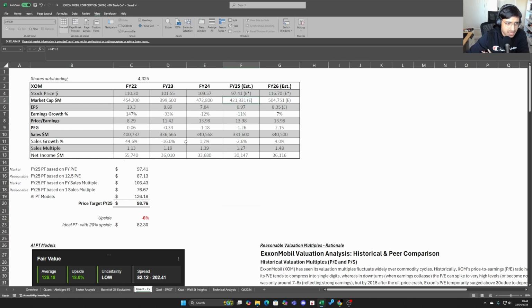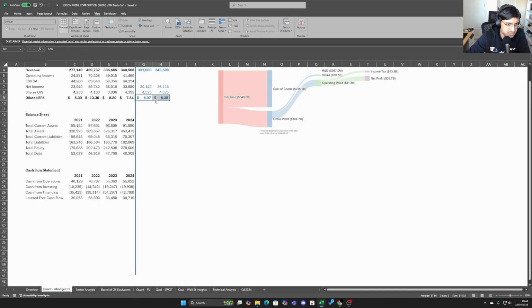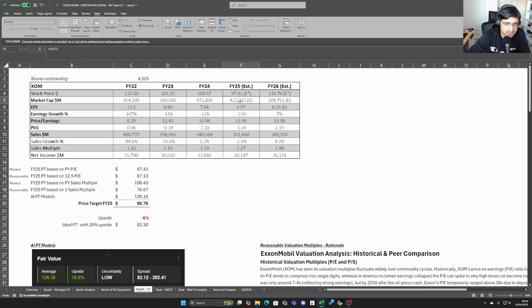The first valuation, which is the one in this row here, is essentially just the company's EPS multiplied by the prior year price to earnings ratio. The prior year price to earnings ratio at the end of the year was around 14. So valuing the projected EPS, which we're grabbing from the abridged financial statement, it gives a rough price target for FY25 of $97, and then for 2026 of $116. Obviously, this is market expectations, so that's what I denote here.